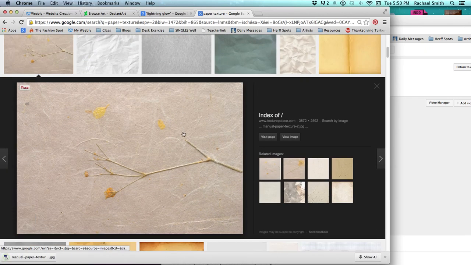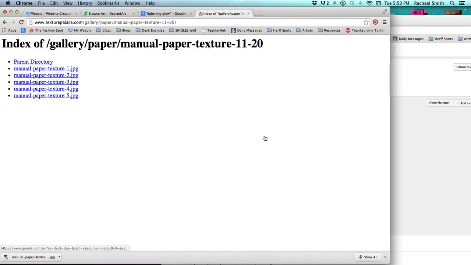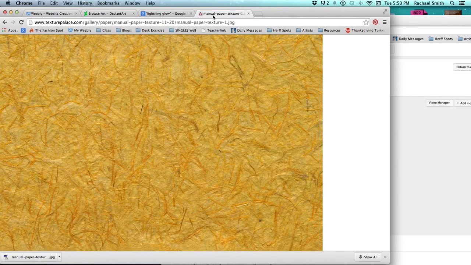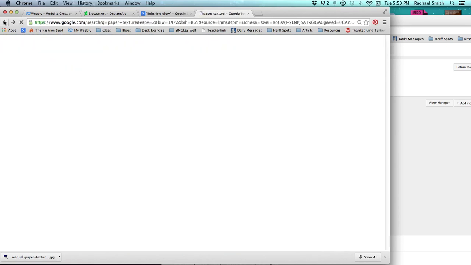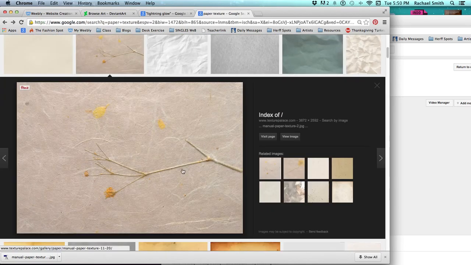and save it there. What I would do to keep track of where I found this would be click the Visit Page button, so it will actually go right to that page. This is not what I expected to find. Okay, let me back up. If it had gone to an actual web page, that would have been more helpful, but we'll just click View